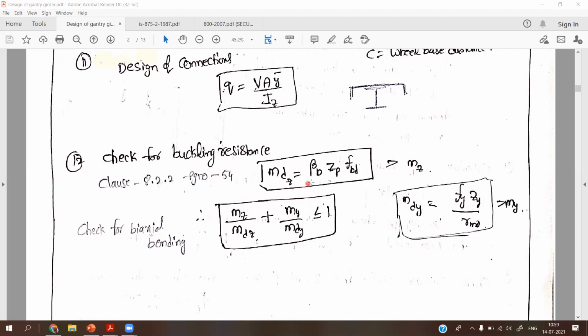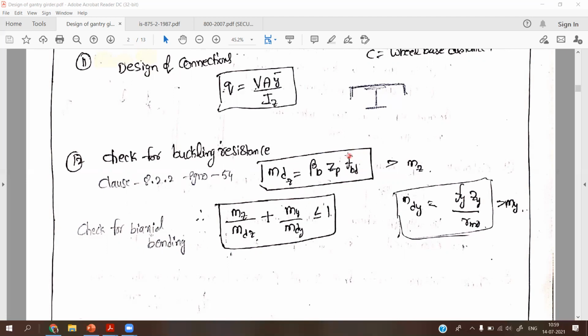The formula is beta b into Zp into fbd. For this fbd, generally we have three methods of finding it, with the Mcr value or fcrb value, and by using Table 13A and 14 we can find the fbd value. The fbd is the most complicated thing.